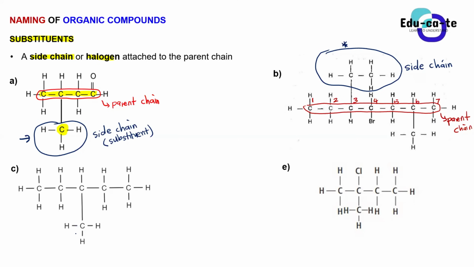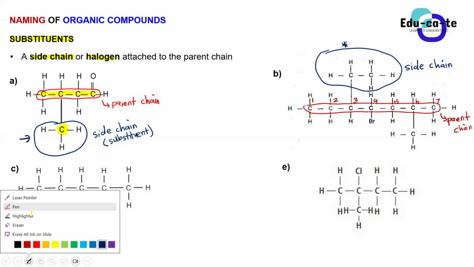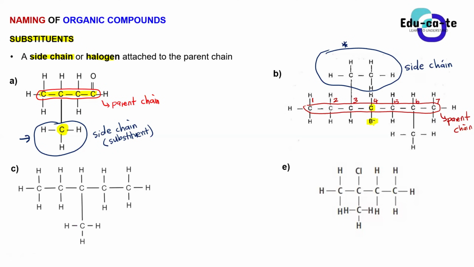Yes, Orifa. The bromine. Yeah, so we're having bromine there. The bromine is a halogen. So once you see a halogen attached to the parent chain, this is a bromine attached to carbon number 4 of the parent chain. So we can say that our bromine is another substituent. It's like substituent number 2. That side chain is also a substituent as well, but I just wrote side chain for simplicity purposes. So this Br serves as a substituent as well.